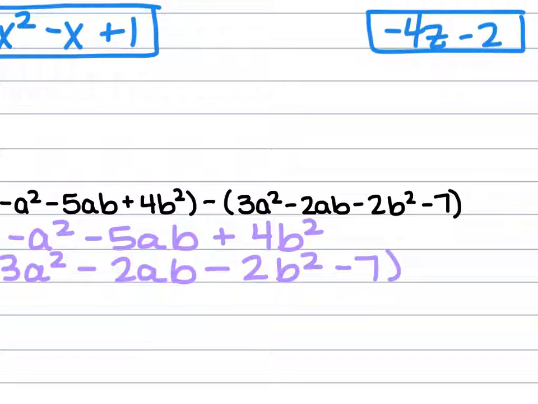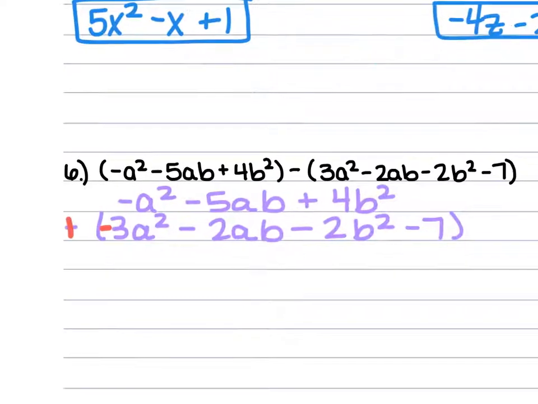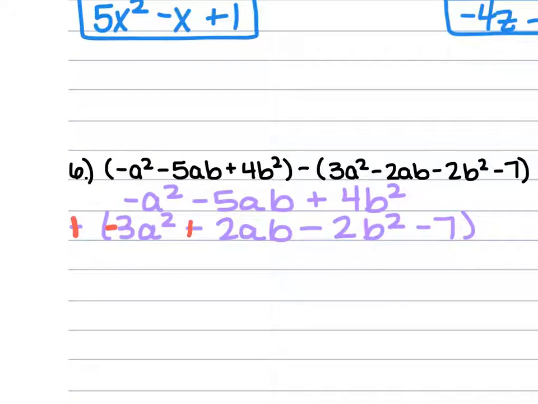There we go. Okay, so distribute that negative. The 3a squared is going to turn into a negative, the 2ab is positive, the 2b squared is positive, and the 7 is positive. So we can rewrite this. So we're combining like terms now. So we have that,